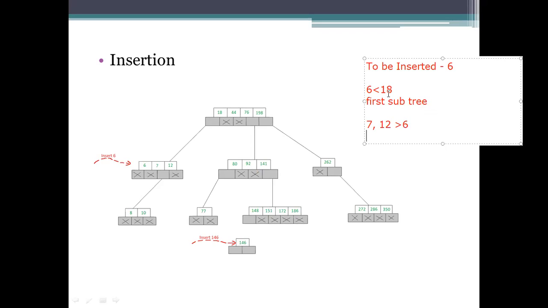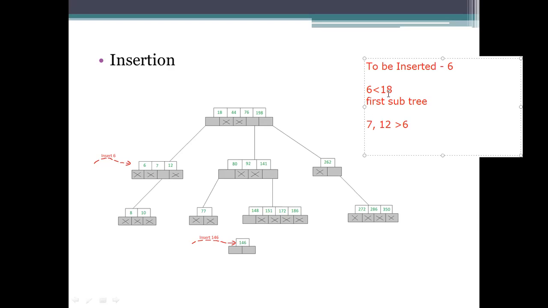So we need to insert at the left side of that one, and we need to see whether it has space or not. Each and every subtree should have m-1 elements and m keys. It has only 2 elements there. So it should be inserted at the left side of the 7 key here.